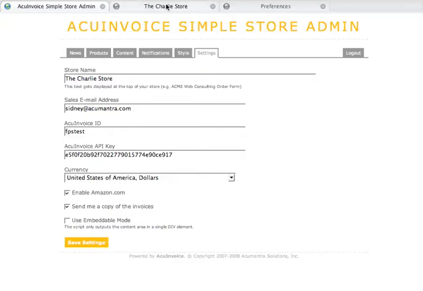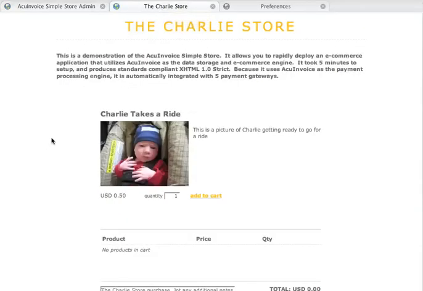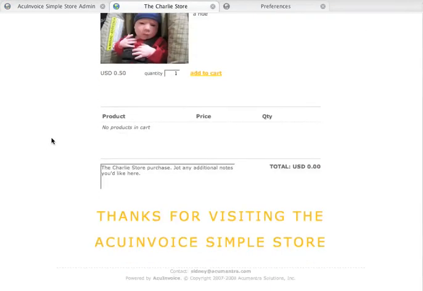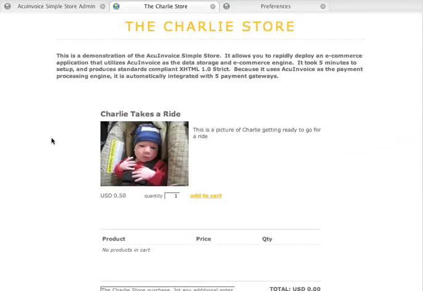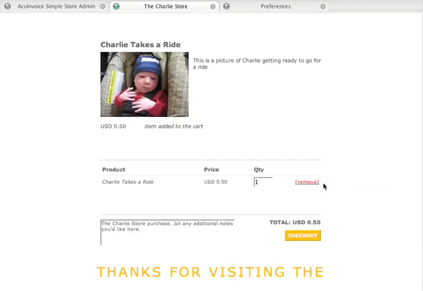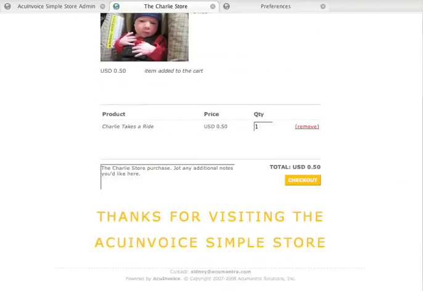So I'm going to leave this tab, actually go to the storefront now. And what I'm going to do is I want to purchase this picture of Charlie. It's a pretty cute one of him in his car seat getting ready to go to work here. So we're going to add this to the cart. We're going to add one. It's only 50 cents. Do that. It'll dynamically be added to the cart here. As you can see, Charlie takes a ride, 50 cents, one of them. Now, you just hit the checkout button and it's going to pull up an Ajax form